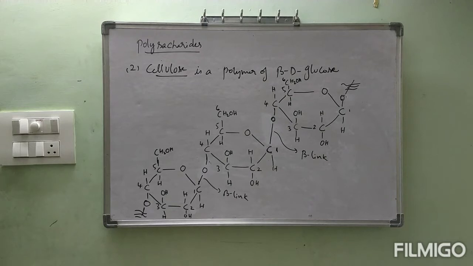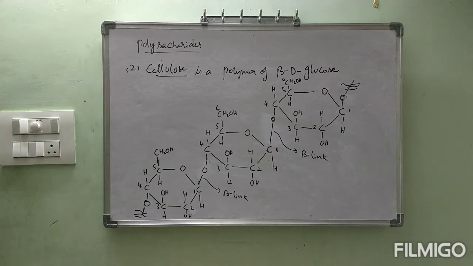In starch we have two components, amylose and amylopectin. Like that, here there are no two components, only one component. That one component is a straight chain like this, with C1 C4 linkages, but the monomer is beta-D glucose. But in starch, the monomer is alpha-D glucose. This is about the second polysaccharide, that is cellulose. Observe the diagram clearly. It is easy only. Once you are habituated, it is very easy at the time of revision.